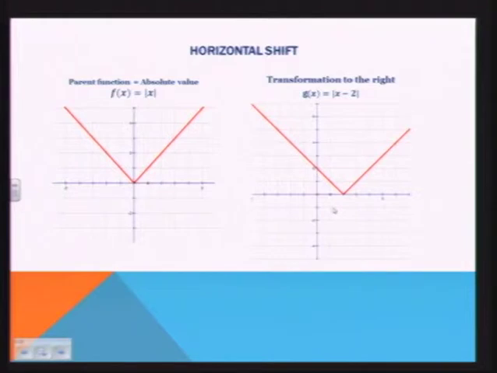But in this case, when you're doing a horizontal transformation, you will note that the shift goes opposite of what your actual sign is. So in this case, x minus 2, you will actually see the shift at positive 2. So again, let me show you how we can animate this graph